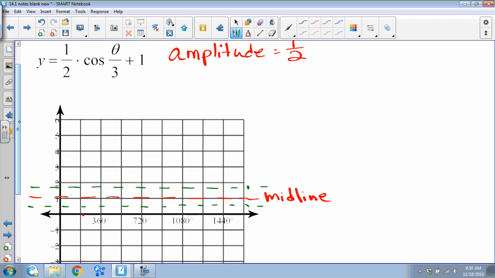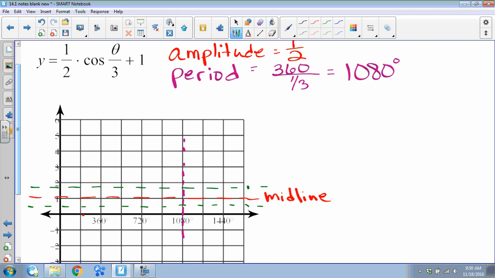And the period. We're doing this in degrees, so it's 360 divided by what? 1/3, which is equal to, no, we're not dividing by 3. Oh, yeah. Okay, so 1080. 1080 degrees. So this is where